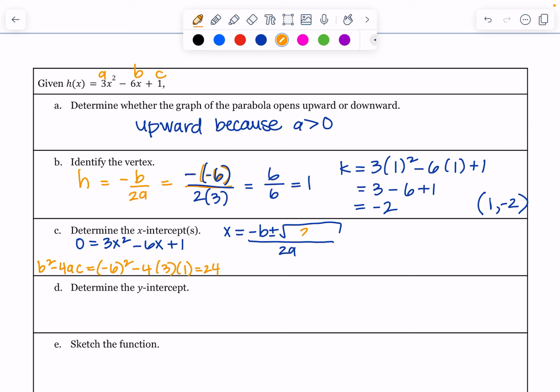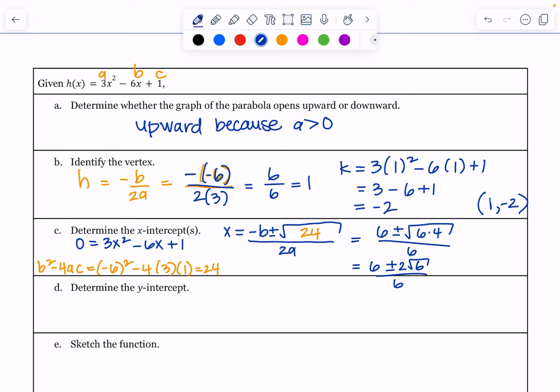So I'm going to take that and put it here. And negative b would be positive 6, plus or minus the square root. I'm going to break down 24 into 6 times 4, all over 2a, which would be 6. The square root of 4 right here is 2, so this would be 6 plus or minus 2 square root